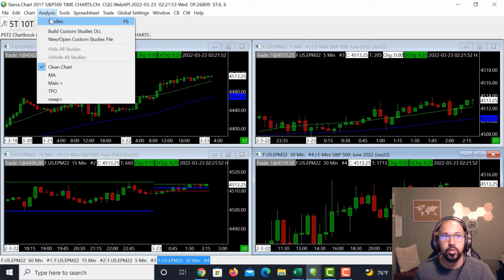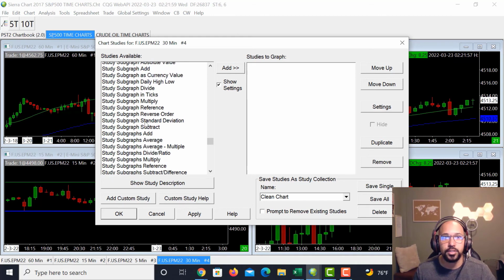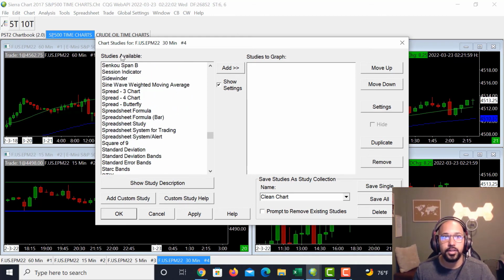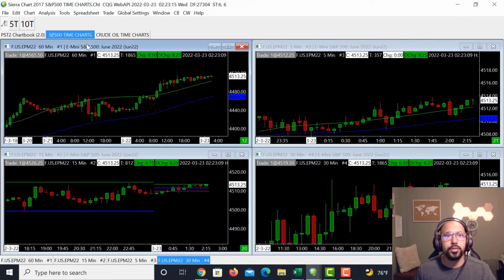So when I go in here and I go into studies, it's no longer there, right? So it will have a clean, and I can just access whatever studies I want here on the left hand side under studies available. So a pretty cool thing that you can use there on Sierra. Also another cool thing that you can use, let's just close this up and we'll go on this one here,